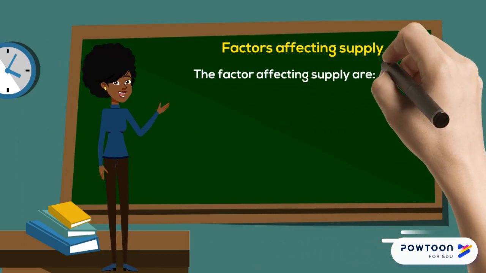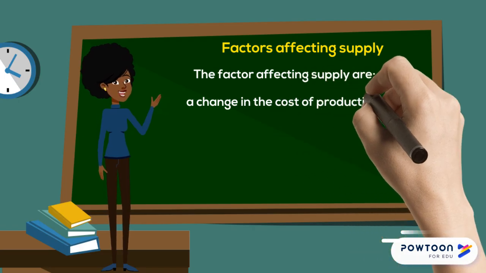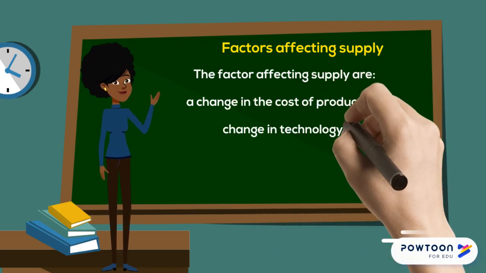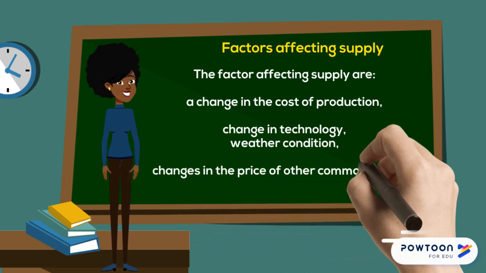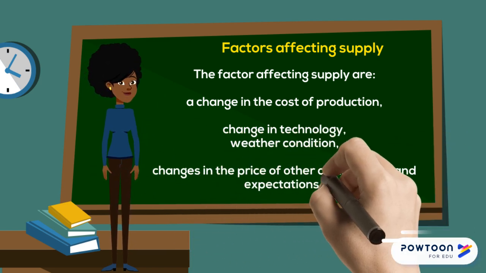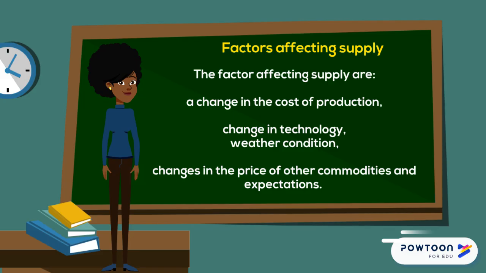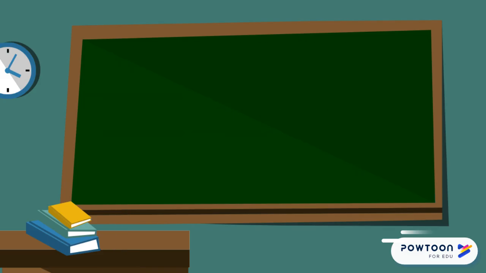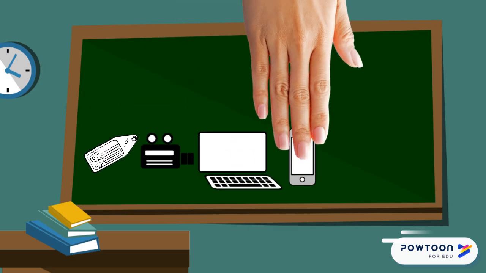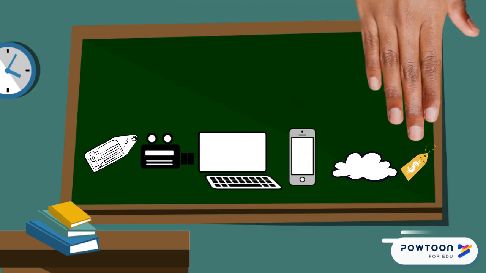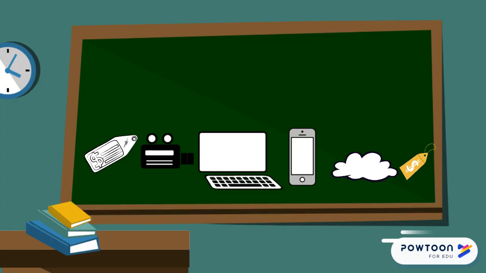Now let's discuss some factors affecting supply. The factors affecting supply are a change in the cost of production, change in technology, weather condition, changes in the price of other commodities, and expectations. All these items represent factors affecting supply. The first item is change in the cost of production. The second one is change in technology. The third one